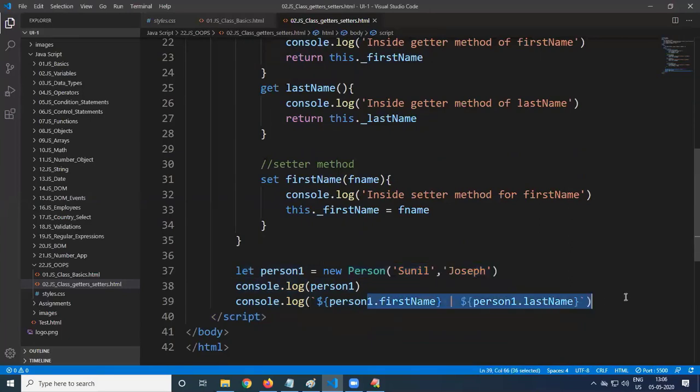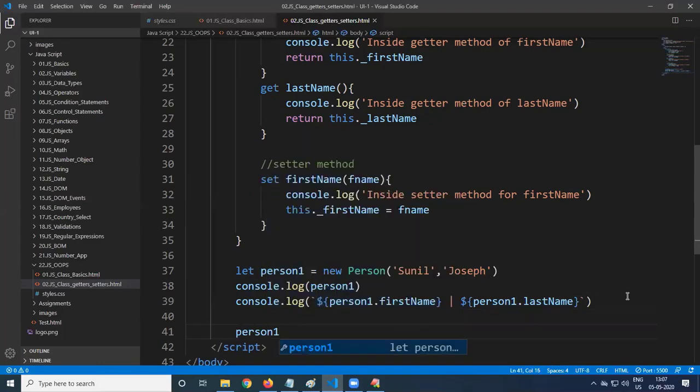So this is what getter methods are called. Now I want to change the first name. How to change the first name? So person1 dot first name is equal to. If you want to change the property by using the property name, you can say person1 dot underscore first name is equal to. So in the place of Sunil, I'll just give it as Anil.